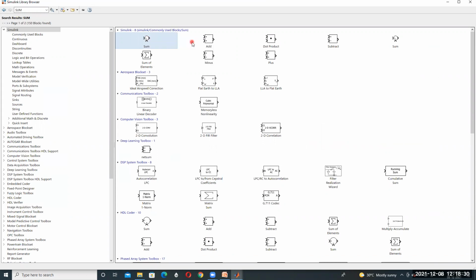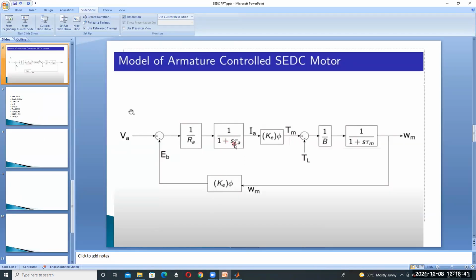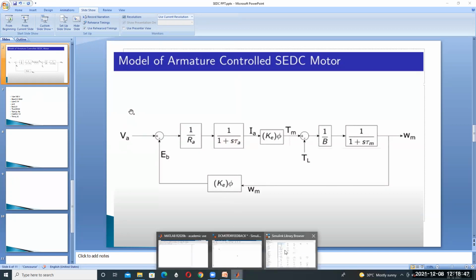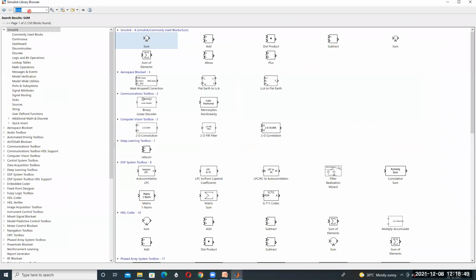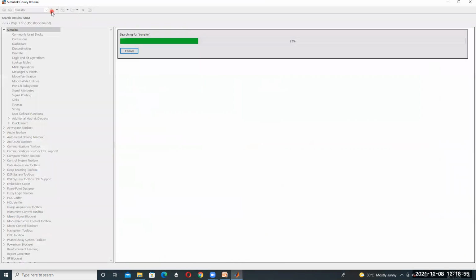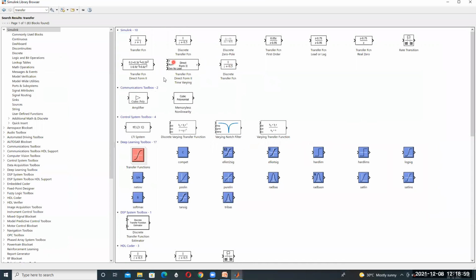Then it's completed. We also require a transfer function, 1 by 1 plus S into T. So enter transfer function here, and you will get the different types of transfer functions.